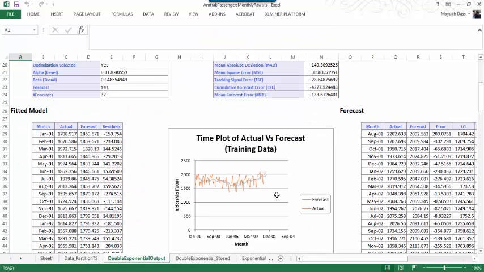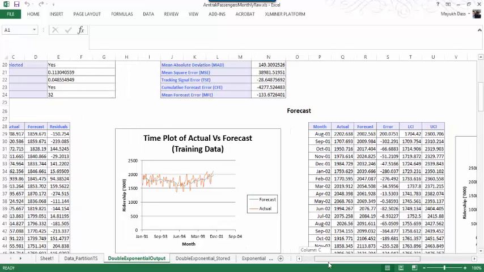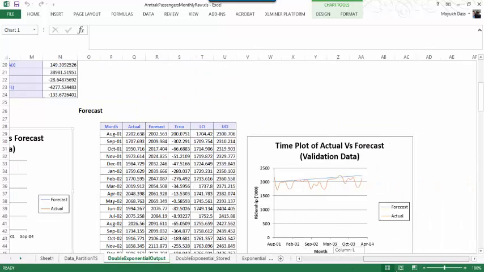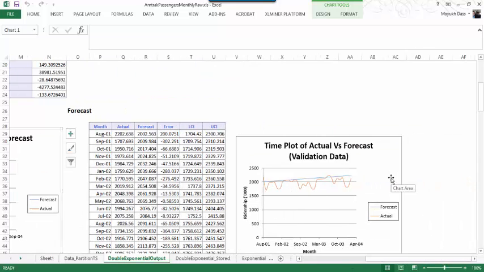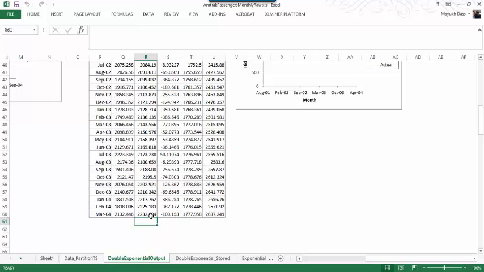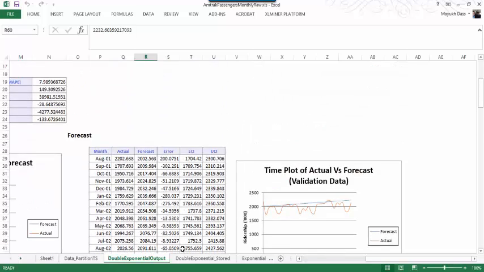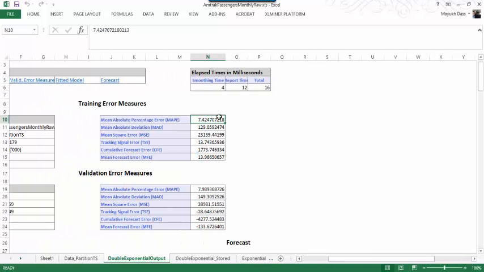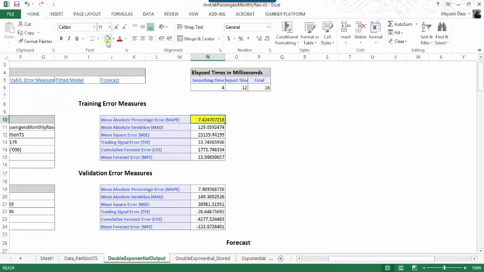So in this case, once again, there will be 2 plots to look for. One is this plot, which is on the training set, and this is the plot on the validation. As you can see, this plot shows an increasing trend. This is not a straight line as we got in the exponential data set. And here the value starts from 2002 and it goes up to 2232.6. Now the MAPE for this particular method is 7.42,